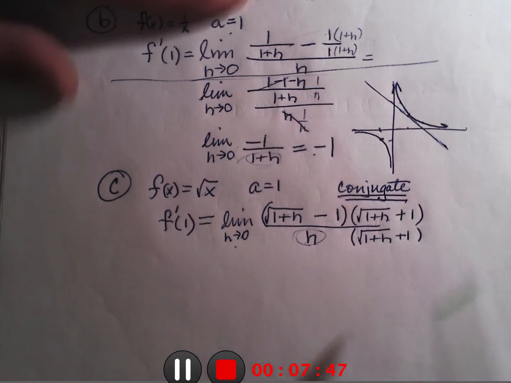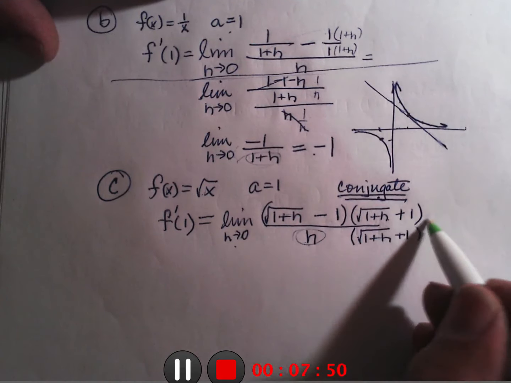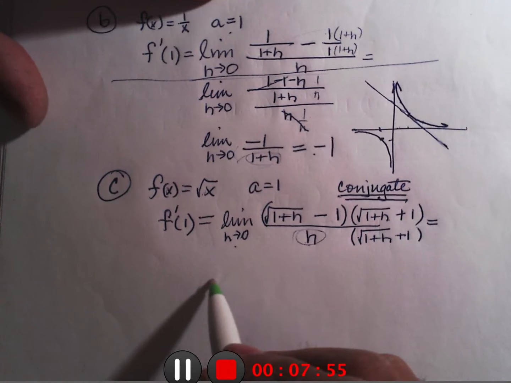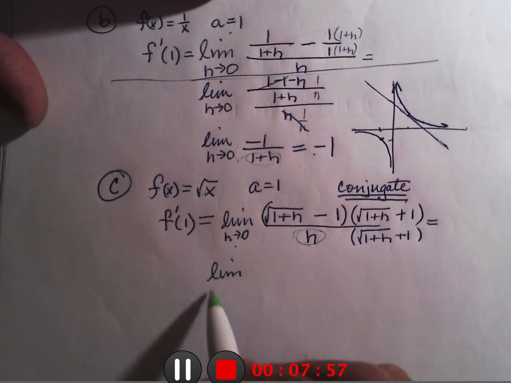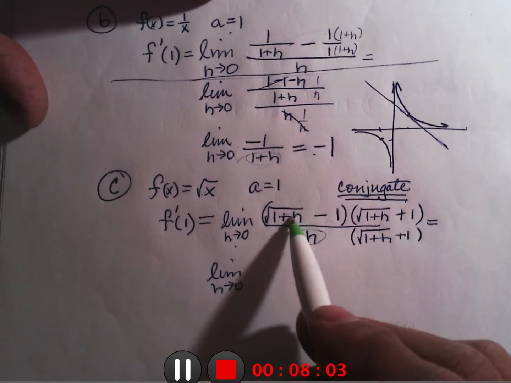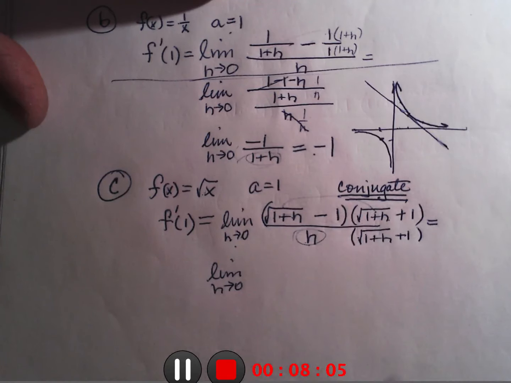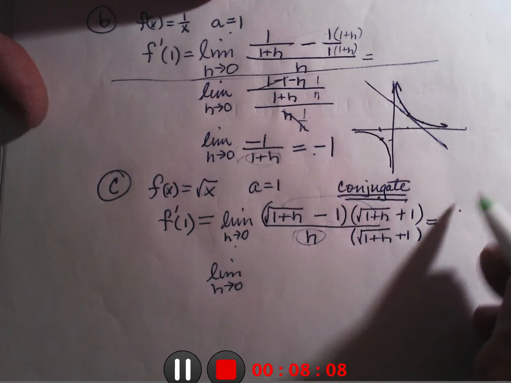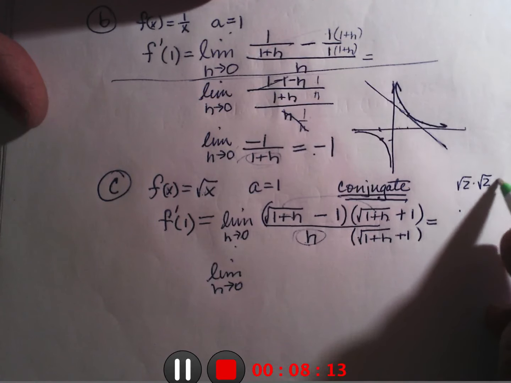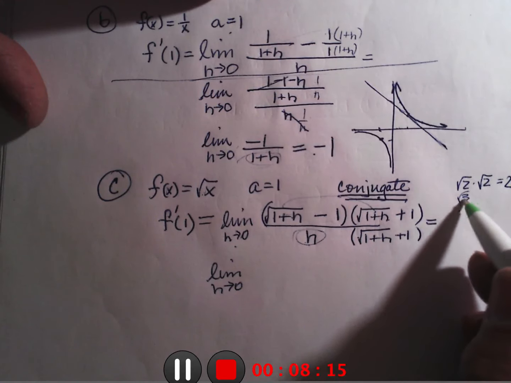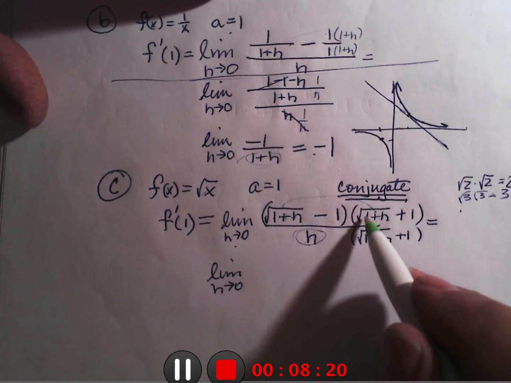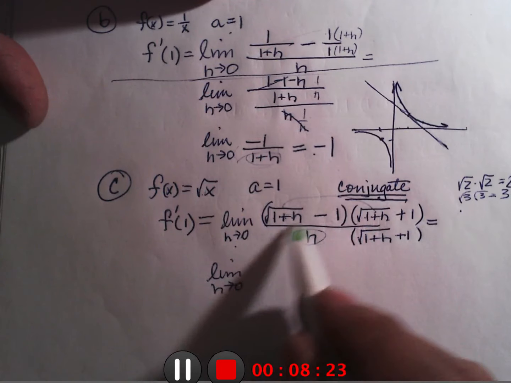And now, some of you are a little rusty on your square roots, so I'll try to explain this here. You get the limit as h approaches 0. We have the square root of 1 plus h times the square root of 1 plus h. That's like square root of 2 times square root of 2 is square root of 4, or comes out to be 2. Square root of 3 times square root of 3 is 3. Square root of something times square root of the same thing is just the stuff inside. So I get 1 plus h,